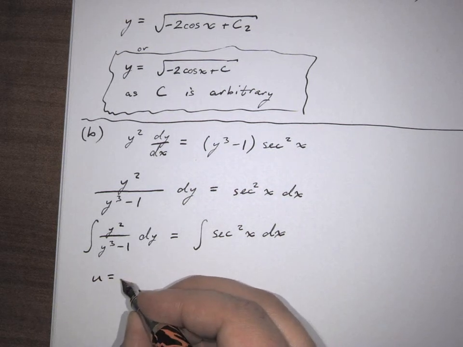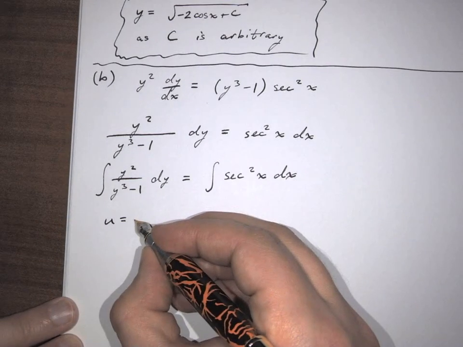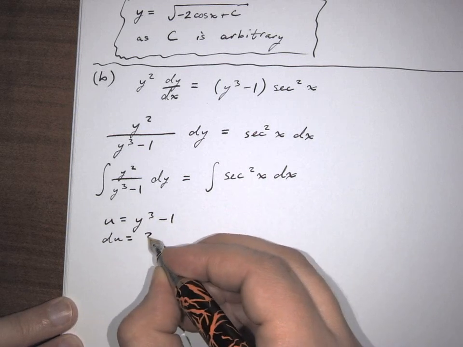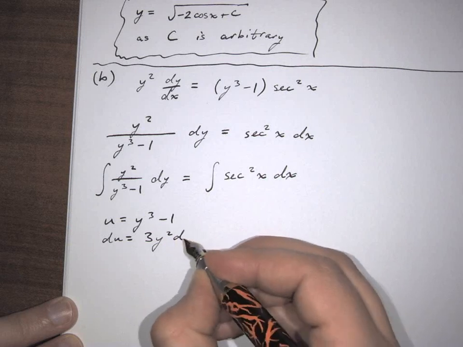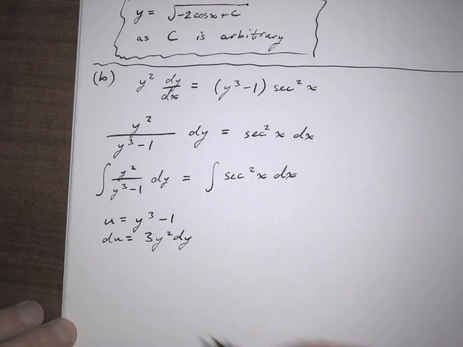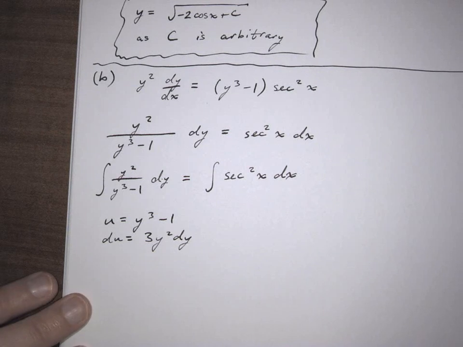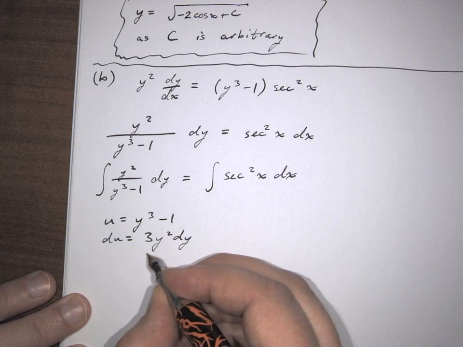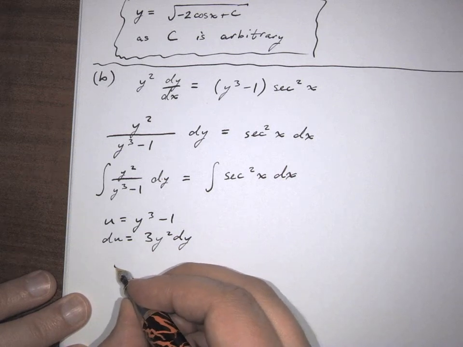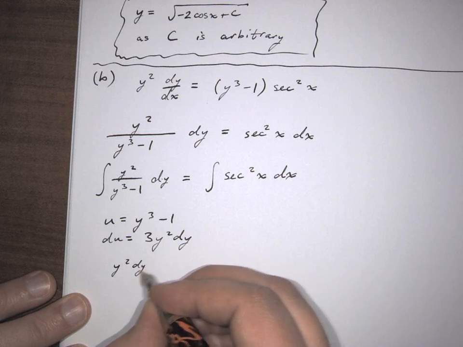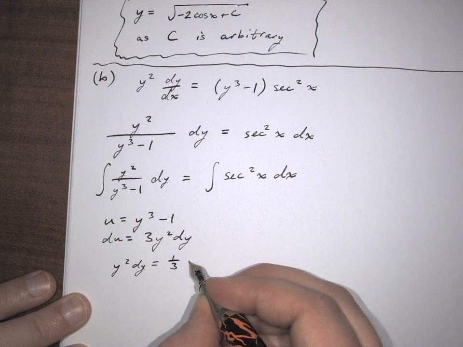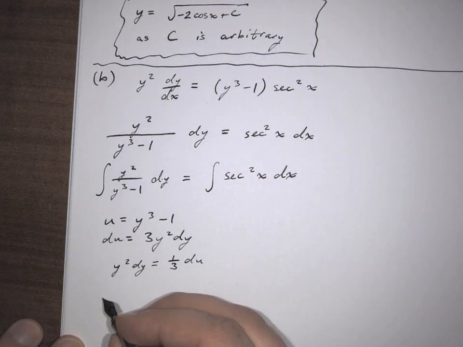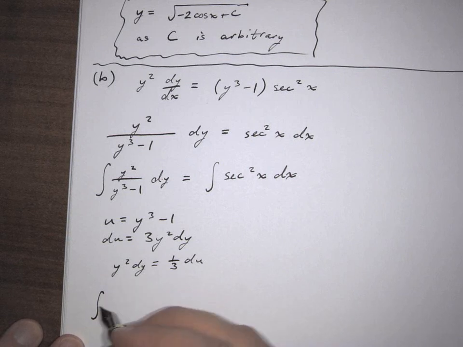So u substitution, if we make u equal to y cubed minus 1, then du is going to be 3y squared dy. And so if we look at the part that is actually floating around in our integral here, that's a y squared dy. So if I wanted to get that by itself, then I would have that y squared dy is equal to 1/3 du, which then means that the left-hand side here is going to just be the integral